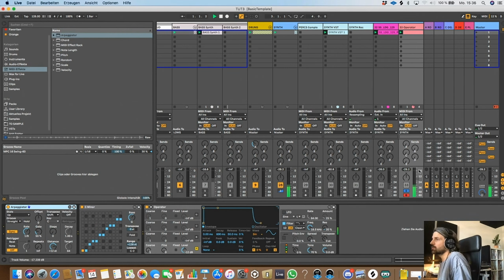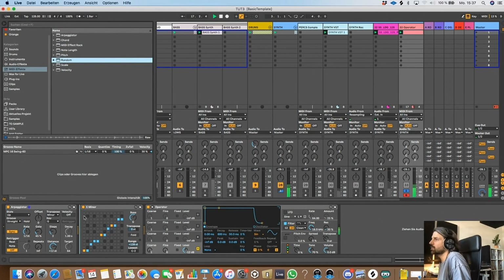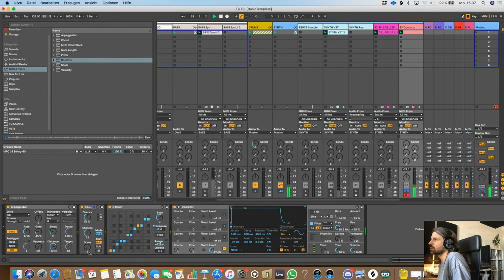So let's see what happens now. Then let's go to 16th notes. Let's take 2 steps. Or 3. Key, you can also put G here. Minor. No, here we don't need it. You can also put a random plugin. Sometimes it's cool. So now it gets a bit crazy,